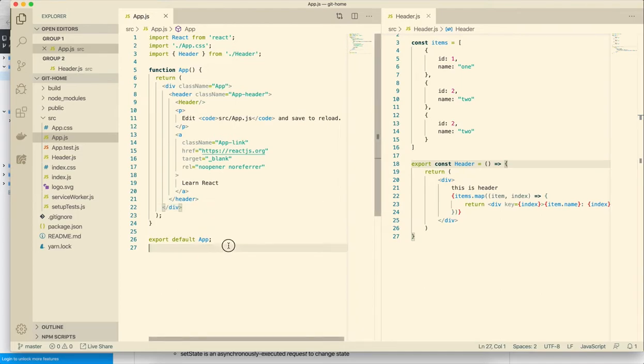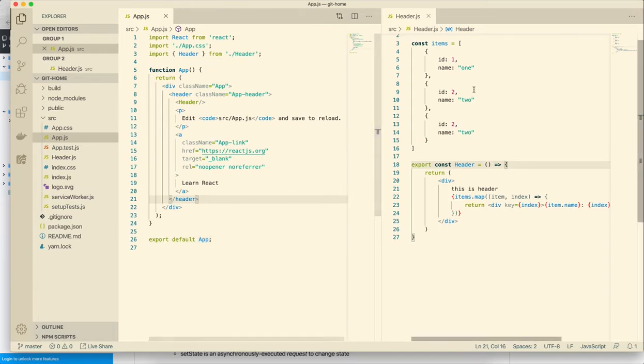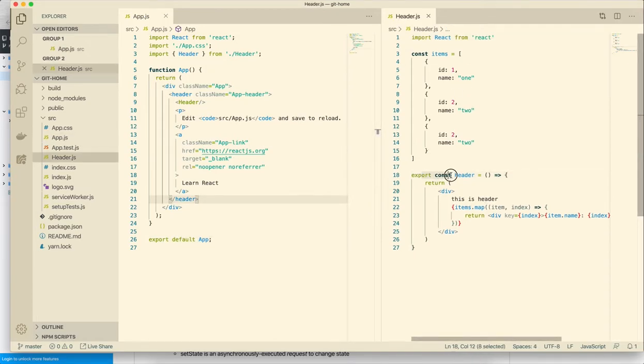The app, as you can see, has an export default app. And this one, the header, has an export const header. Now, the difference between them is how we will also import them, basically. I will write an export default on this one, so then I can show on the app how we do that. So if we say const subheader,